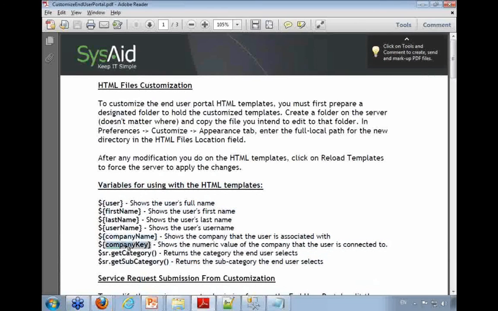You could do it by the company name or by the company key, the numeric value of that company. Or you could do that by the category. So when I select a certain category, a certain piece of code would appear, or a certain piece of text would appear in that form. That would make it